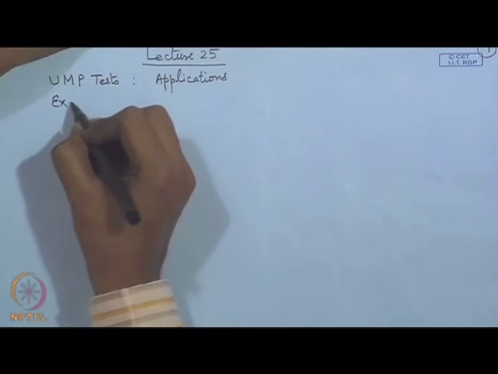So, basically we have given two results. One is that if the families of distributions have monotone likelihood ratio, then for the one sided testing problems like theta less than or equal to theta naught against theta greater than theta naught, or the dual of it, for these problems UMP tests can be derived. So, now I will discuss various applications of both these results. Let me start with the normal distribution.